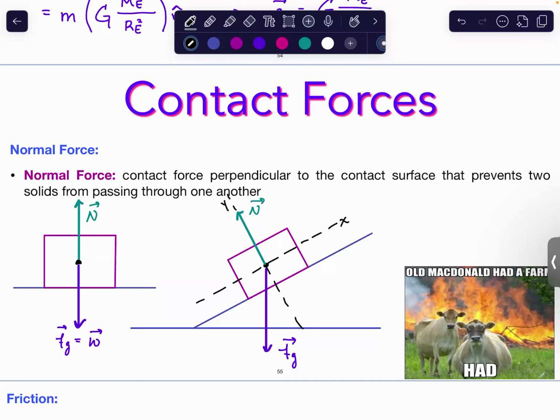Okay, and then we can start analyzing the gravitational force. So it's like, what produces the normal force in this case? Well, we now see that our force of gravity is going to make an angle theta with our y-axis. And this is going to give us